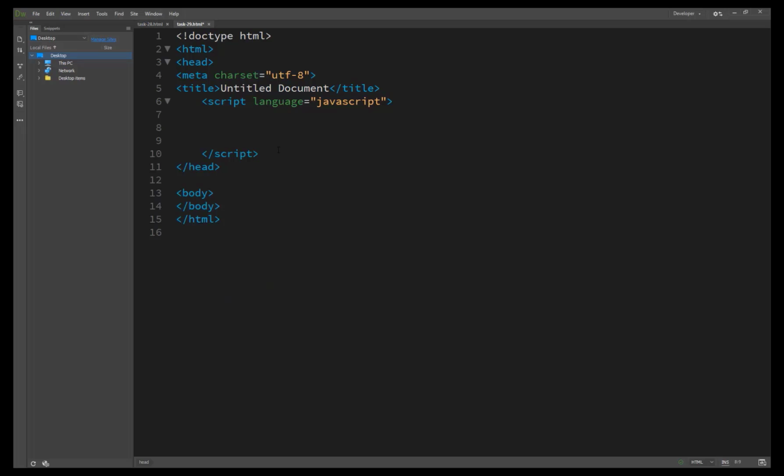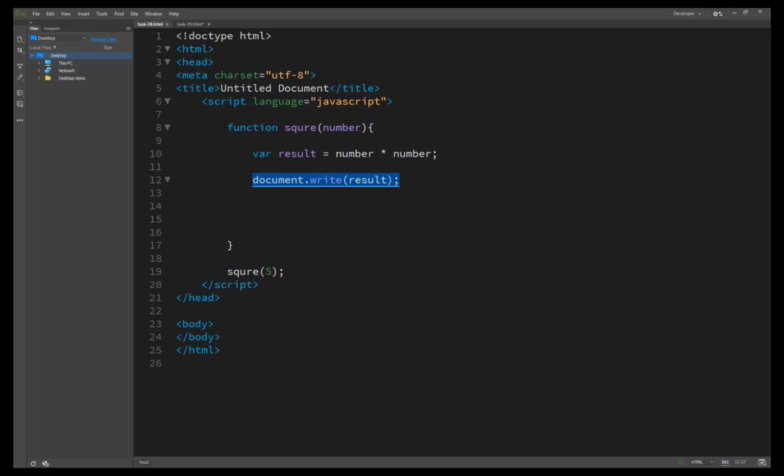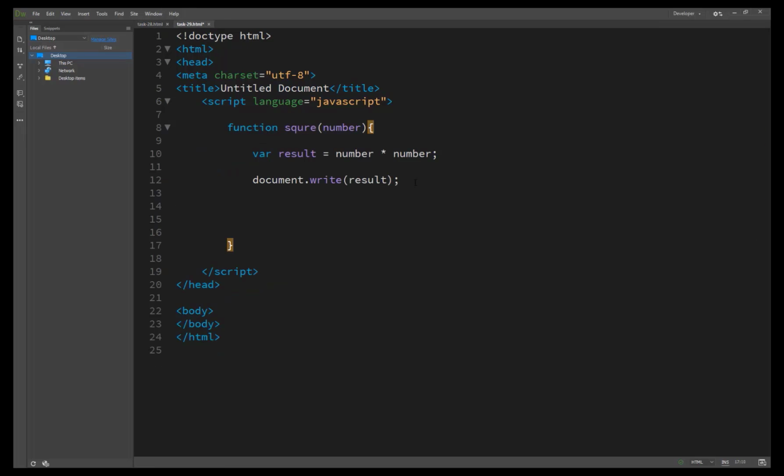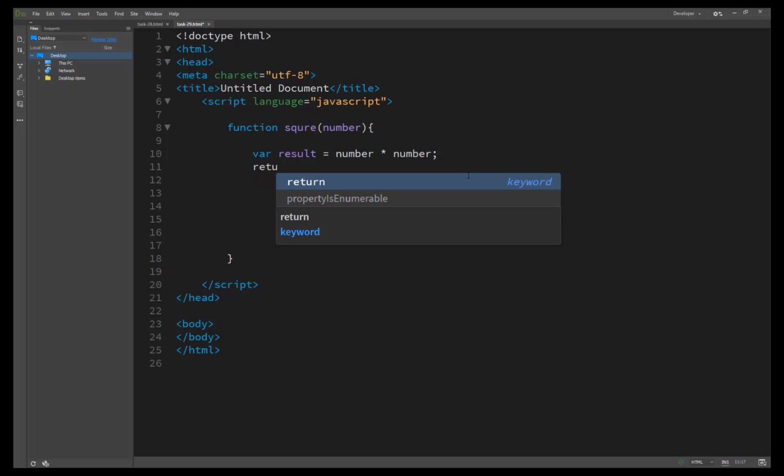So we have created a function using the return value. Again, it is the same square function, and we copied it just to save time. We copied the function and removed this line. Here everything is the same, the variable and result, but we use our basic technique, which is called return.